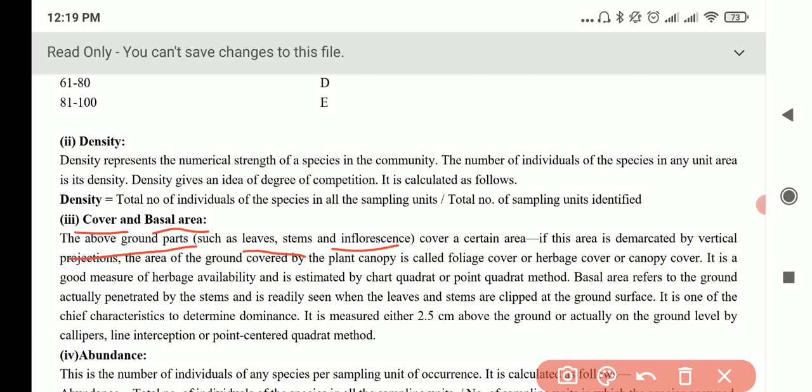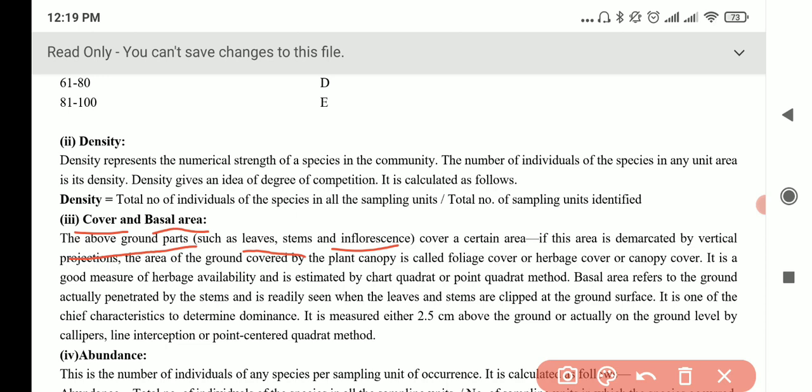they will cover some area, right? So suppose we all stand in one small room, we will cover some area and we will fill the room, right? So I have a surface area, right? My hand has a certain area, my arms, my legs, even yours. So even plants, no? Their above ground parts like the leaves, the stems, the flowers, they cover a certain area. Okay?